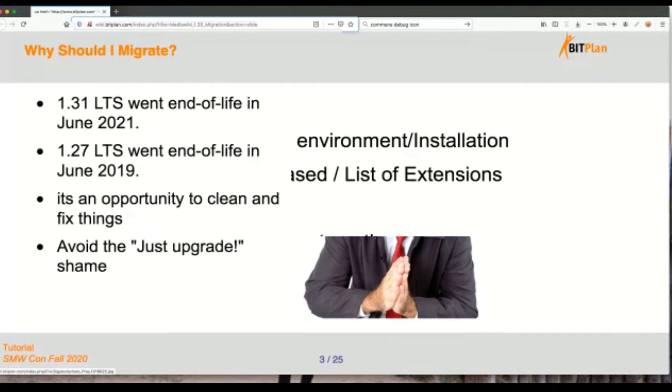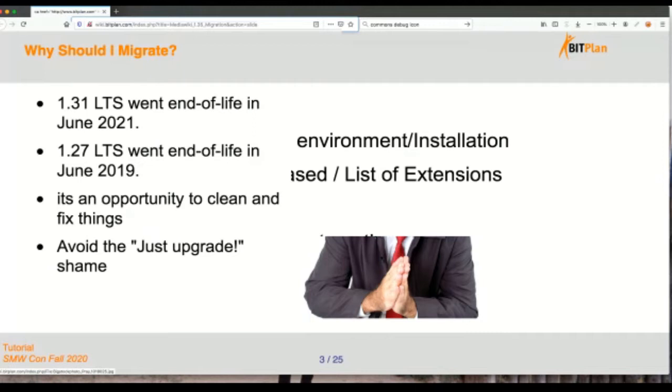One good point is that this is an opportunity to clean and fix other things, because if you are in the same position that we've been in, that you got stuck with a version that's a couple of years old, you're probably as unhappy with the situation as we were. And that's a good opportunity to make decisions about: do I still need this extension? Do I still want to work this way? Shouldn't I clean up some of my templates and some of the code?